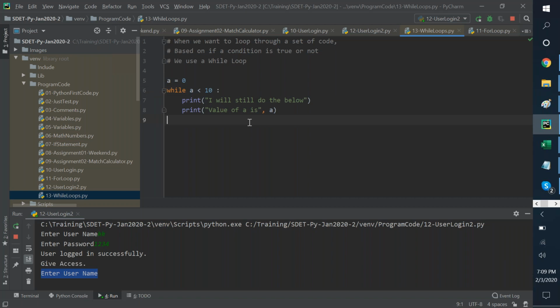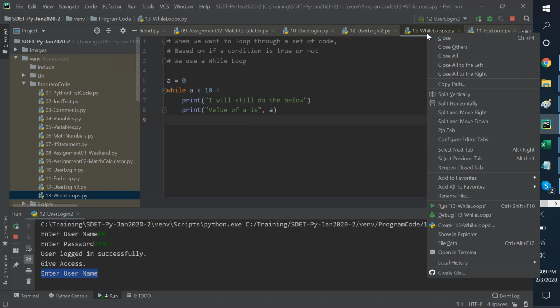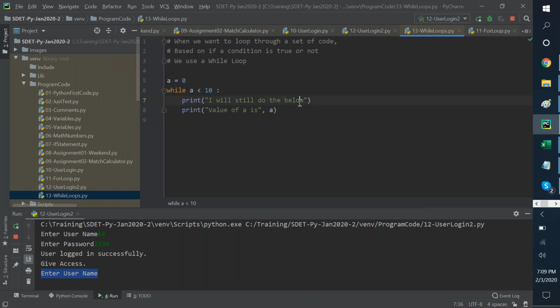All right, one second, team. So let's run this now. How many times should this get printed, everyone? I have 2 print lines, so I'm expecting a is less than 10, about 10, so 20 print statements.